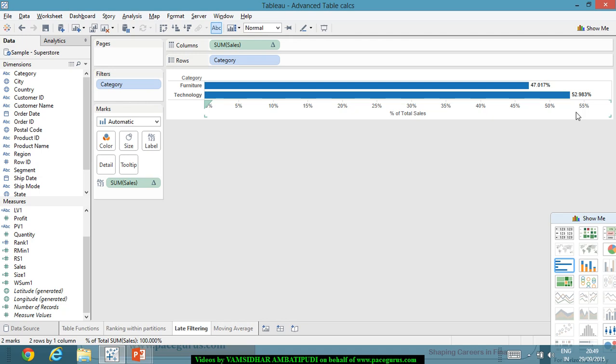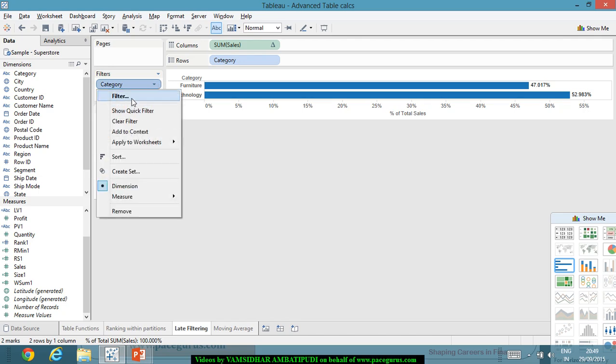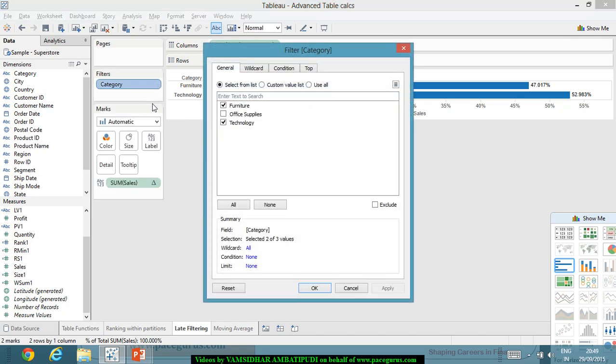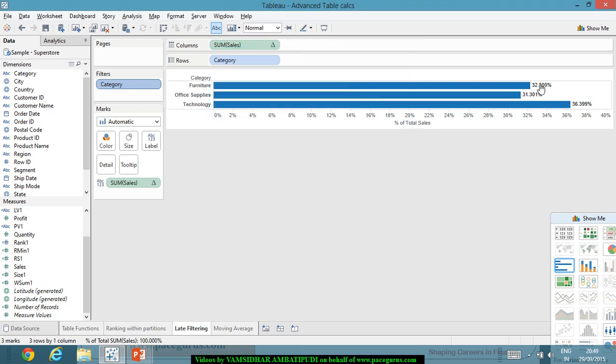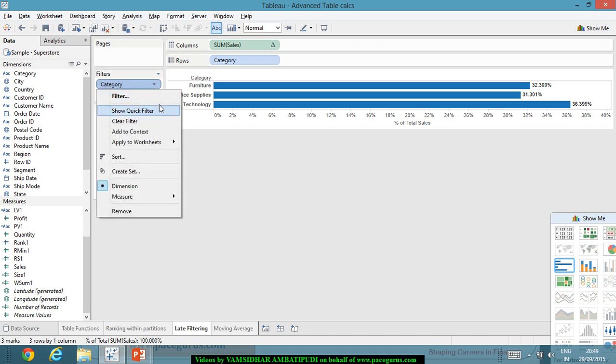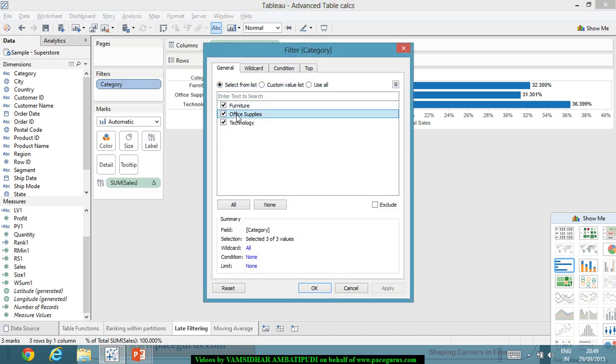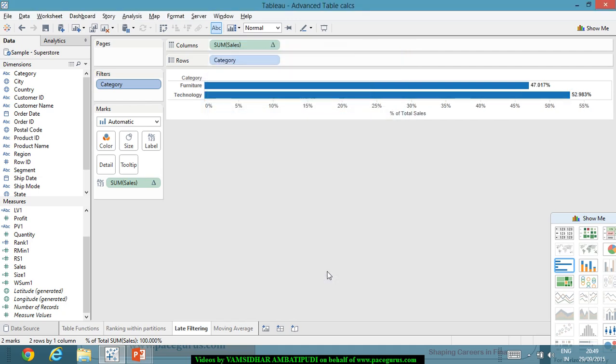So initially when I have included everything as a part of the category, so when I included even the office supplies, these are the percentages. And right now we are using it as a filter and I have simply removed the office supplies as a part of my list. Now, because the table calculations are performed